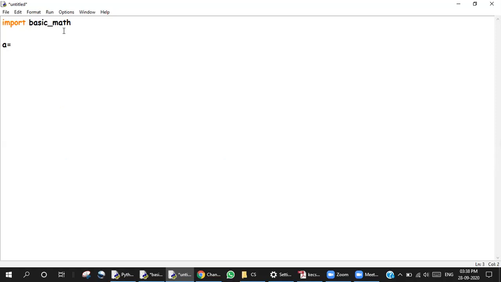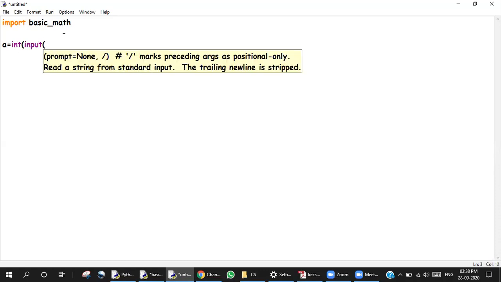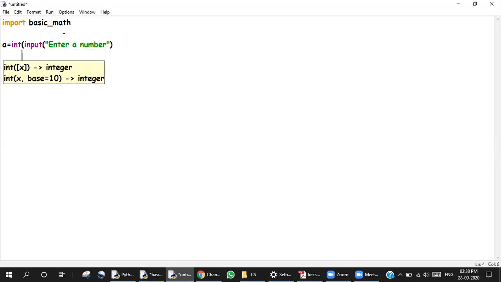A equals integer input, enter a number, B, enter a number, and then I'm going to say select operation. You remember we have done this before.